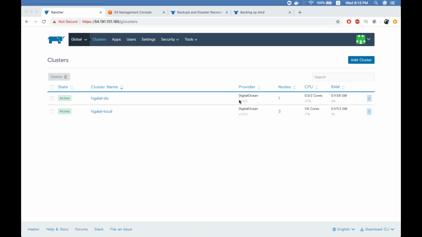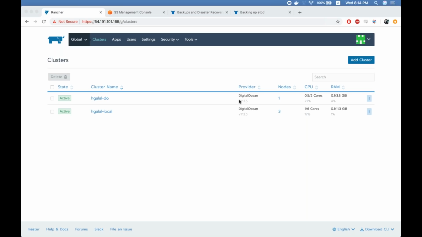So introducing 2.2, we added backup and restoration process into Rancher clusters. Now you are able to take backups for etcd nodes and restore them directly in the Rancher UI. To do that, we had to optimize the restoration process, and we had to optimize the backup process in RKE first, so that Rancher can easily use them in the backend. So we added a few features, including